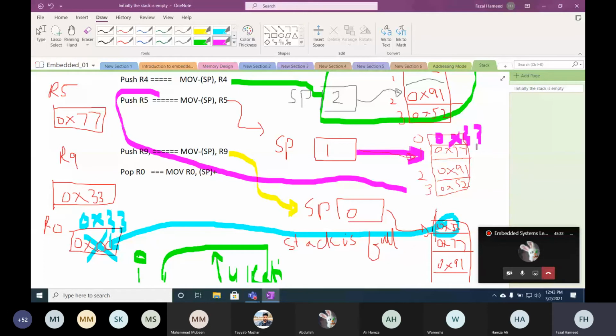So actually, summarizing our lecture. So stack is typically pointed to the last address in the memory, and when it is pointing to the last address in memory, it means that the stack is empty. And when the stack is pointing to the first address of the stack, not the first address of the memory. There is a difference between the first address of the stack and the first address of the memory.